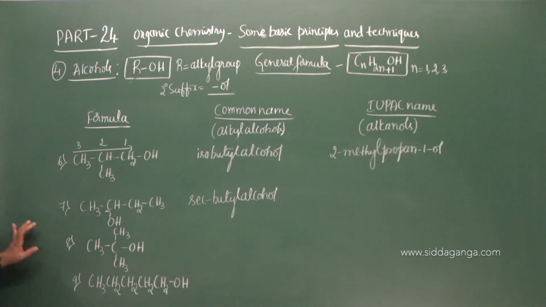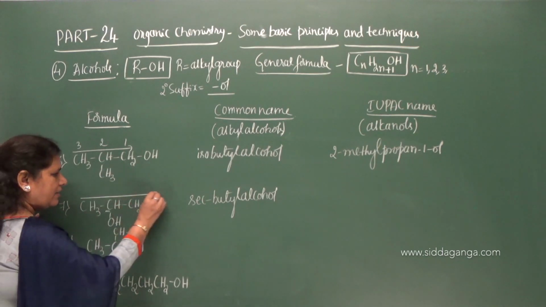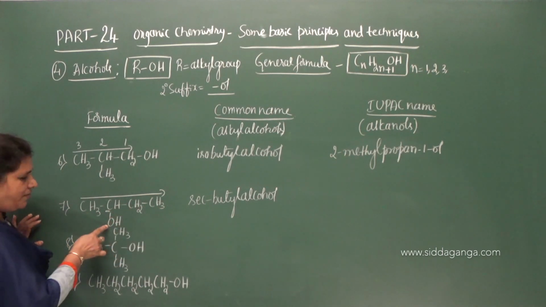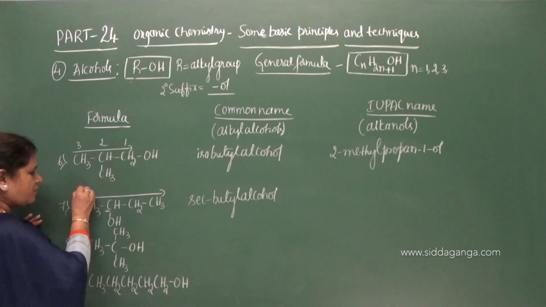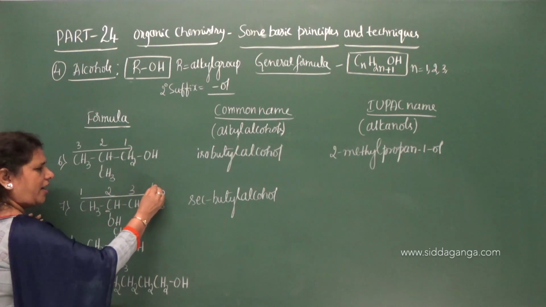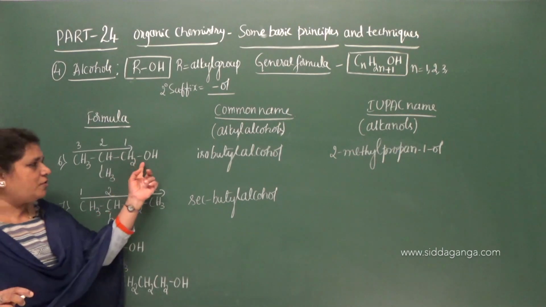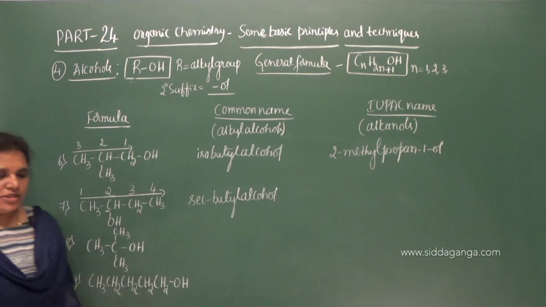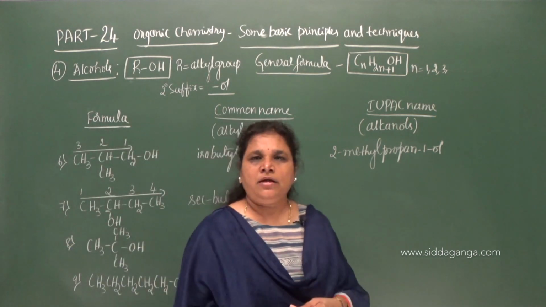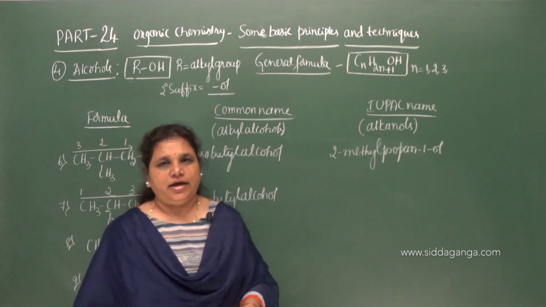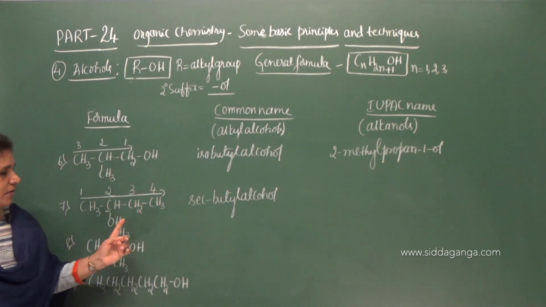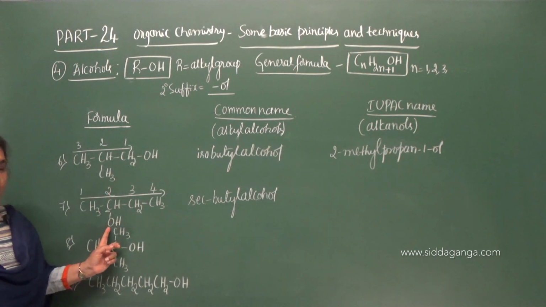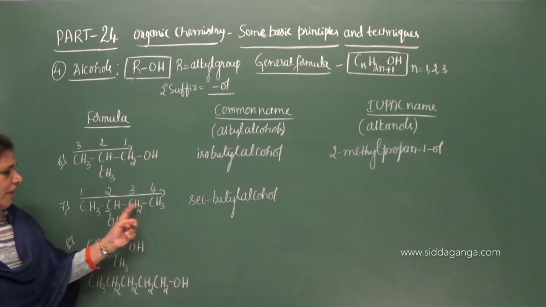Okay, now give the IUPAC name, select the carbon chain. This is the selected carbon chain. We need to give the numbers from left to right to give preference to the functional group: 1, 2, 3 and 4. And remember here the OH group may be present at the terminal position or at a non-terminal position. So this is not strictly a terminal or non-terminal functional group. It can be present at the terminal position or also at a non-terminal position. Therefore butane, at the second carbon we have the alcohol group, therefore butane 2-ol.